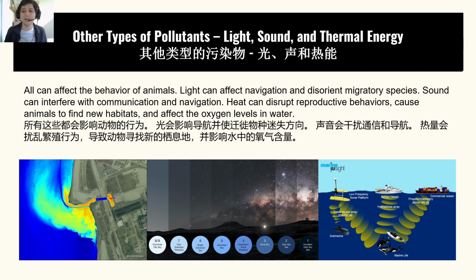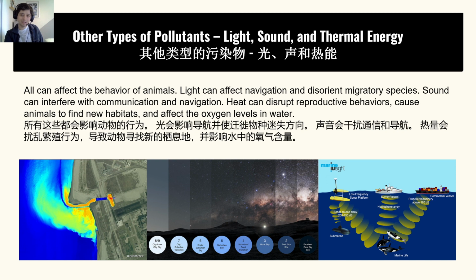Light can affect navigation and disorient migratory species. So imagine a bird flying at night and they're expecting to see the stars, but they see lights and they get confused. Same thing happens with moths and mosquitoes. Their behavior gets changed by the presence of light. So us putting so much light into the sky can cause problems for the behavior of animals. Additionally, sound can interfere with communication and navigation. So we have here the example on the right, maybe whales. It affects their behavior, right? They use sonar to get around, and it will confuse them